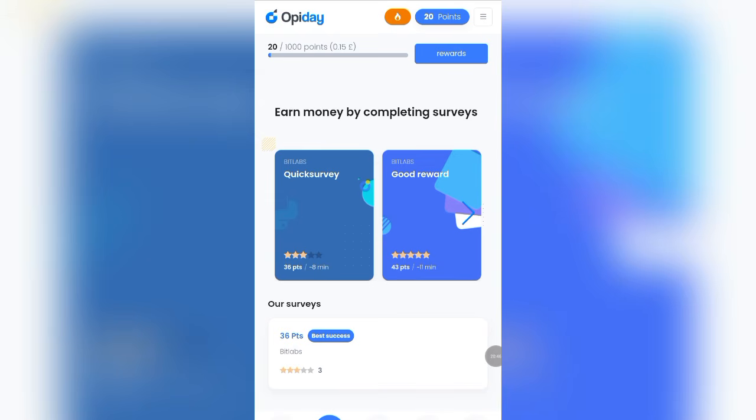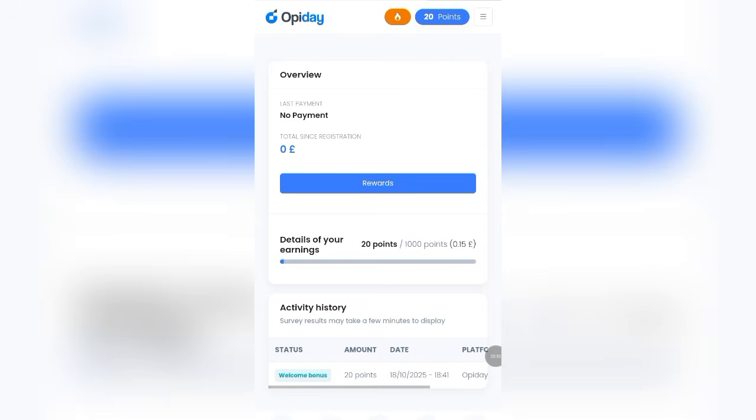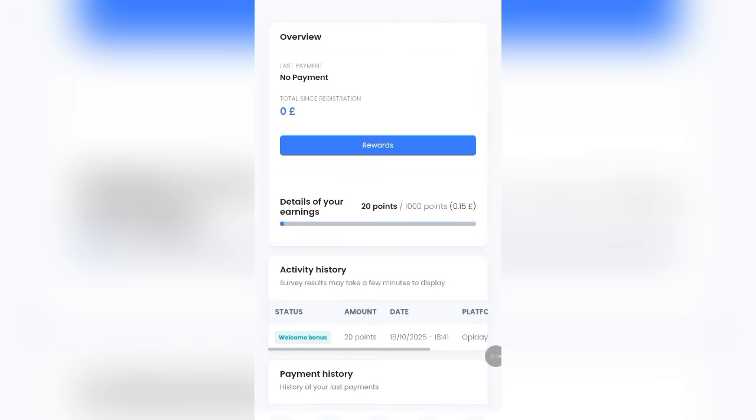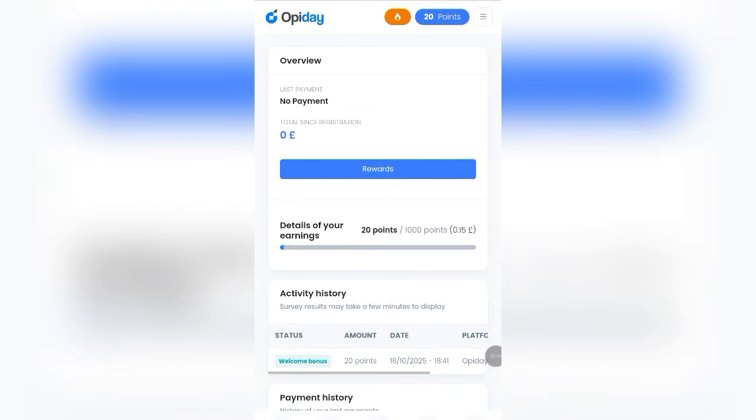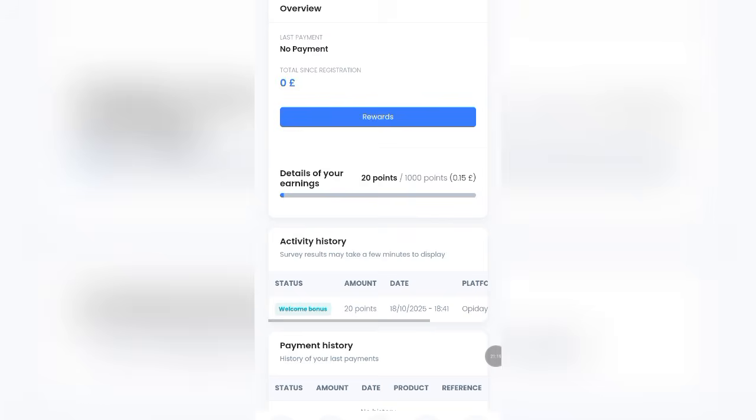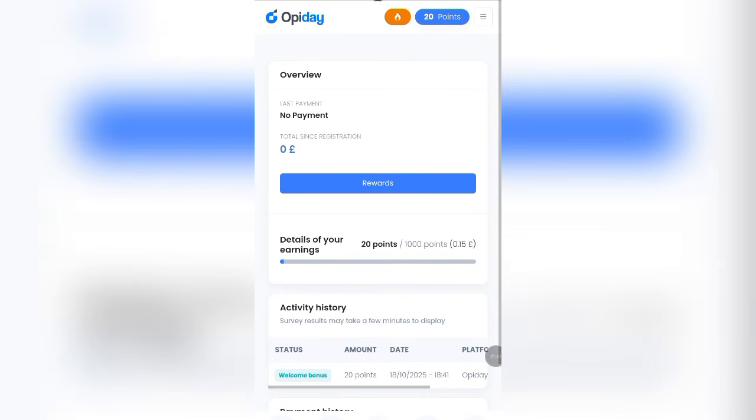So you can see this is where your points keep reading. Okay, this is where your points keep reading. You can see that right here. There is no payment on this account, so you can see that these are the details of your earnings. Once this particular box keeps moving to the end, you are going to be seeing the track of your earnings. So you just have to keep on accumulating your points for yourself.